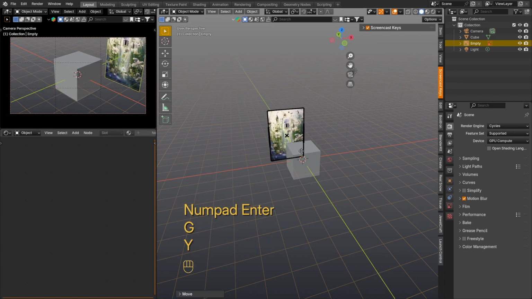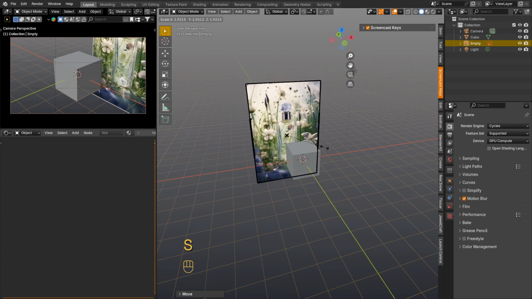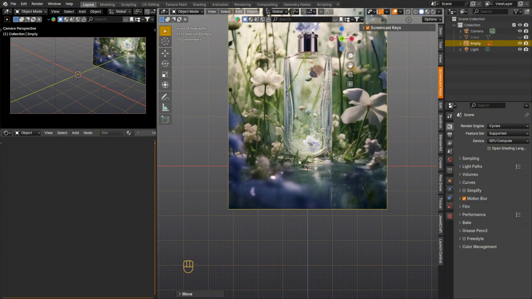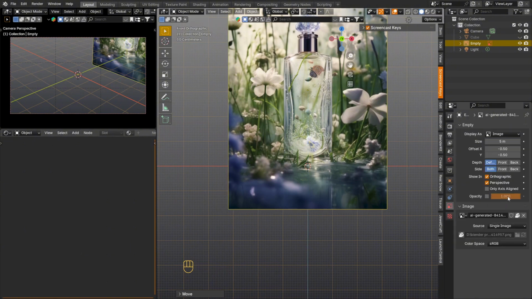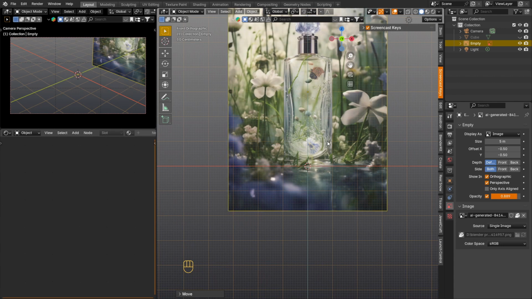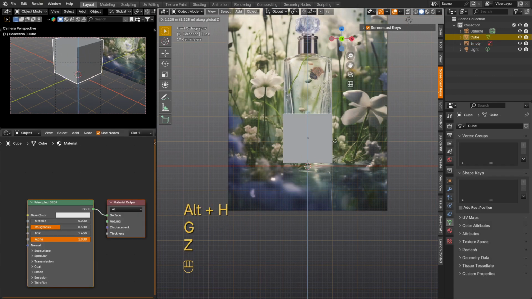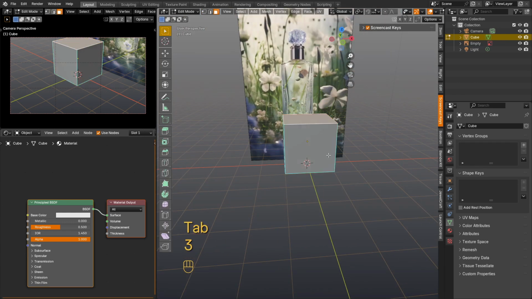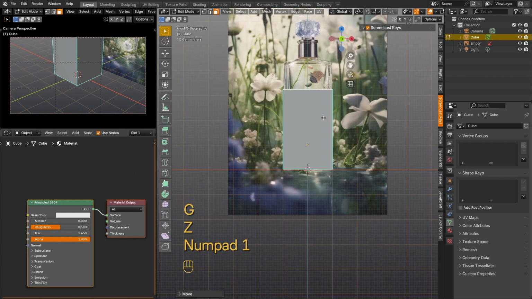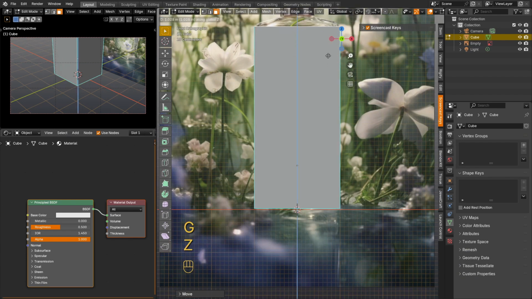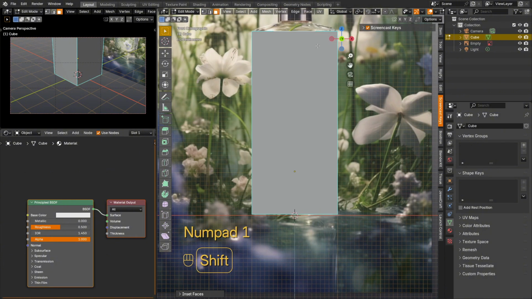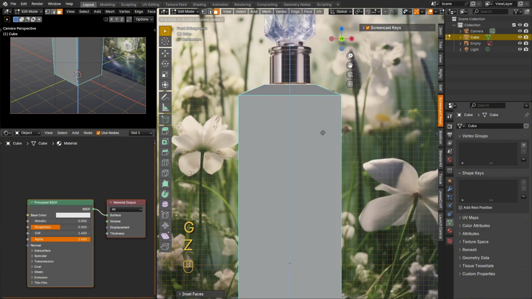First, let's place the reference so that the bottle of perfume supposedly stands on the x and y axis. For convenience, you can lower the opacity a little. Place the cube opposite the reference and begin to repeat the shapes of the bottle. Drag the cube in height, and then in edit mode select the upper face and press I and do insert. Then slightly raise the small face that turned out along the z-axis.